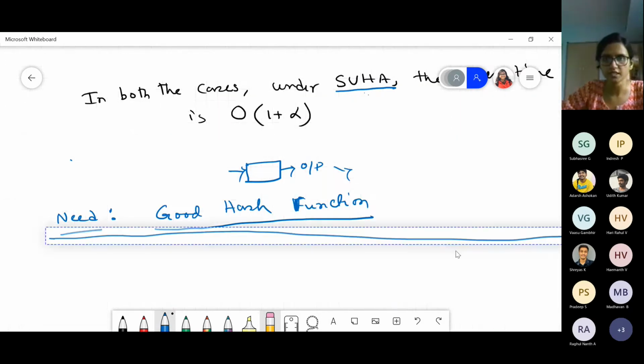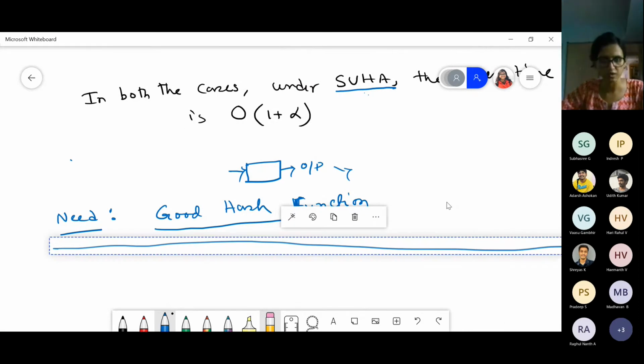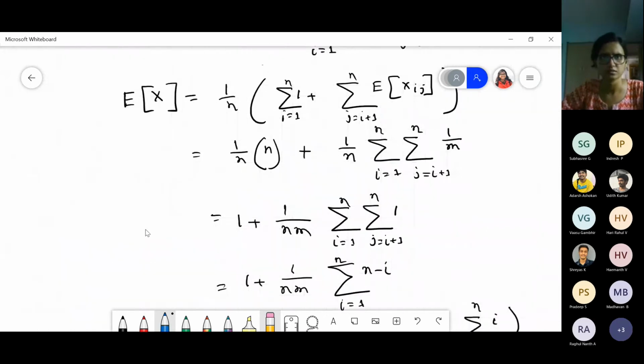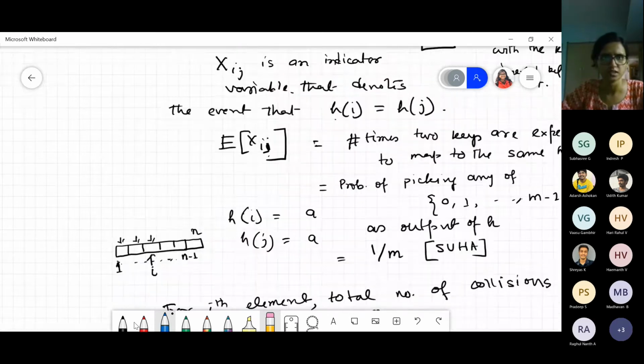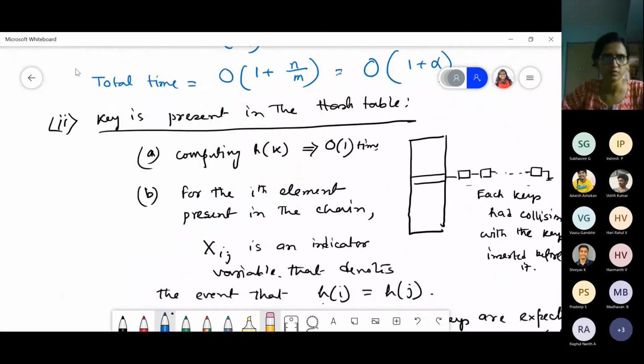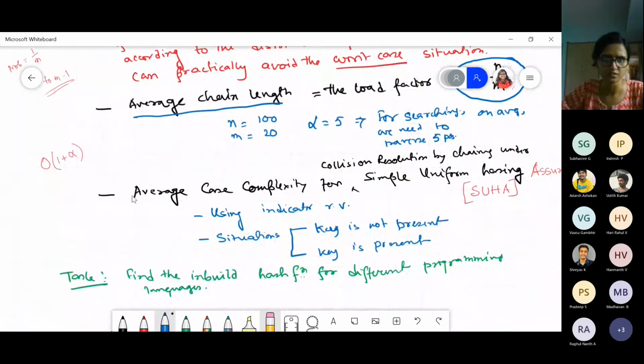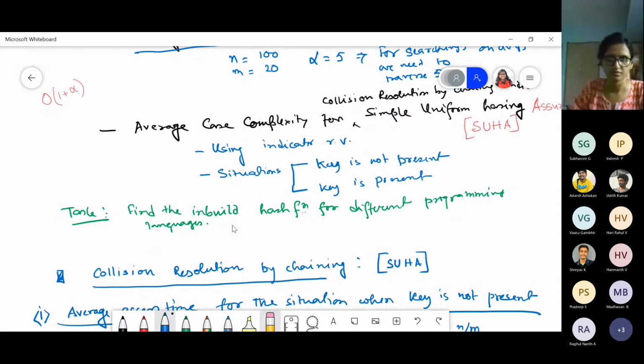Before that, last day I also asked you about whether you have seen the existing programming languages and how they're using this hashing, right? Anyone done that? Yes, ma'am. Okay, MD5, SHA1 and all are used, where MD is message digest and SHA means secure hash. So these are the ones used in Java, PHP and all.